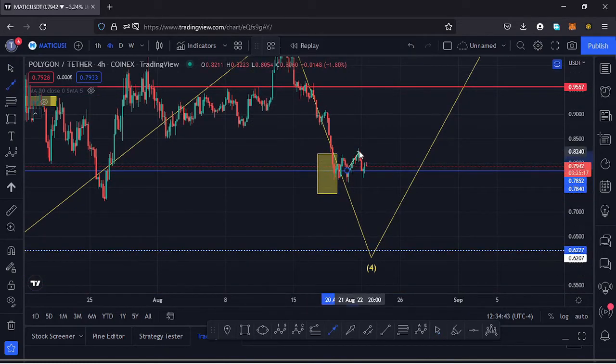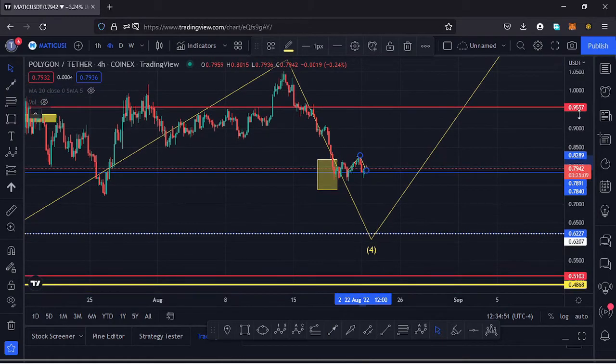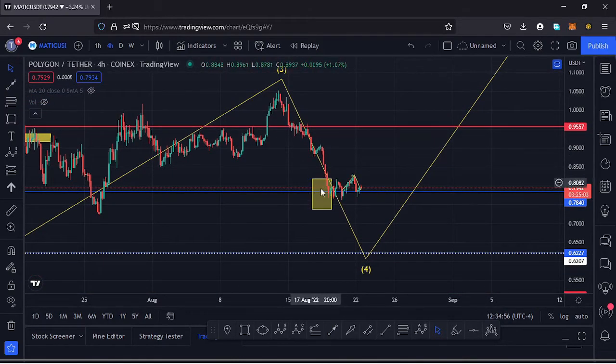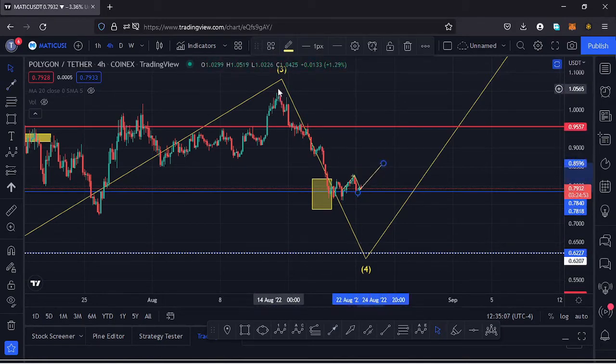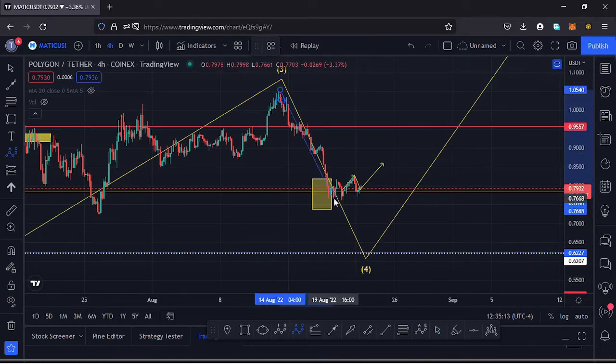We are seeing a retest of that key area of support, and because our wave 4 is a corrective wave, we expect to see an ABC correction within our wave 4. So whatever is in formation over here, this might be the formation of an ABC correction. So once the retest is a success and we continue pushing a little bit higher, this might be the formation of an ABC correction, having it over here like this, having that as the wave A.